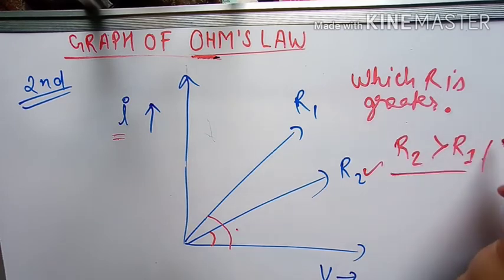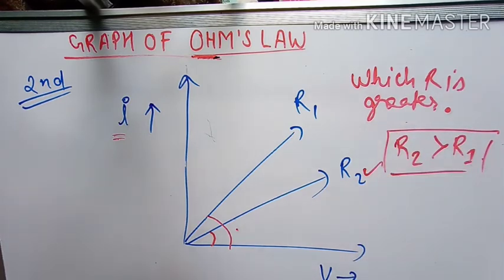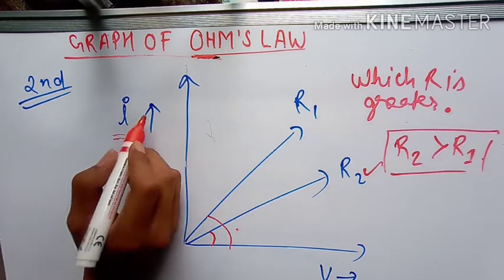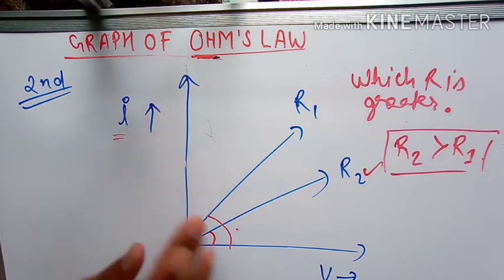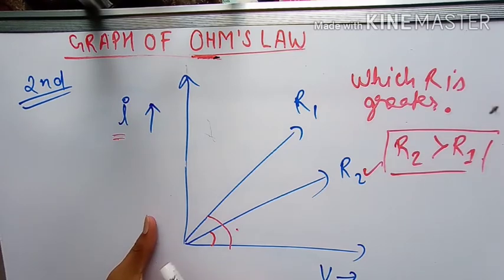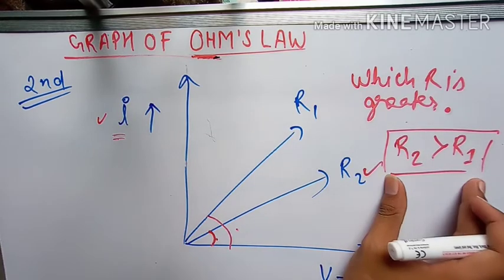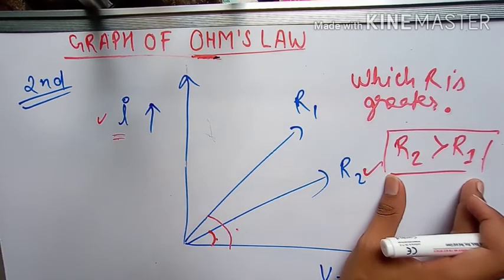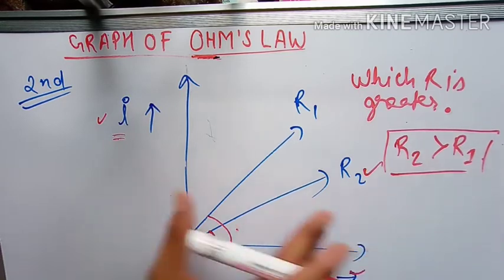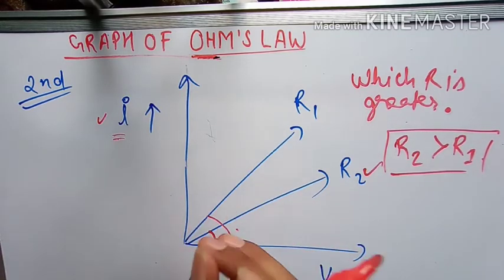I hope you have understood this clearly, and please always check the graph between which the plot is given. If it is I and V, then smaller the slope, greater the value of resistance. Note these points in your copy and do not make mistakes, because these are 1 mark questions and you will get full marks out of full.